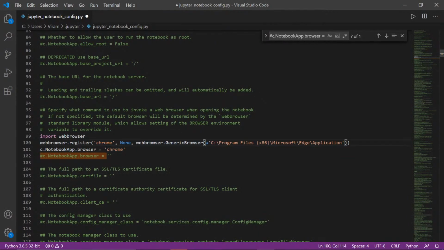So let's slash. For people who have just joined, this was a doubt from a person from the last lecture, and yes, it looks like a very complex thing. It's not a complex thing. We are just changing the default browser of Jupyter Notebook. So again, the name is this, save this file.